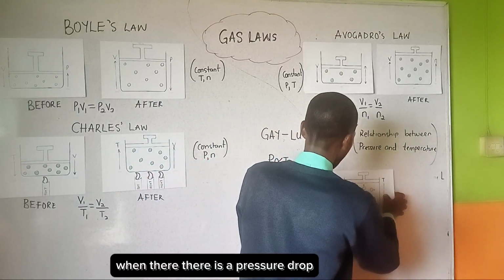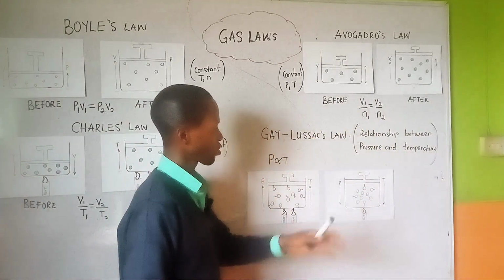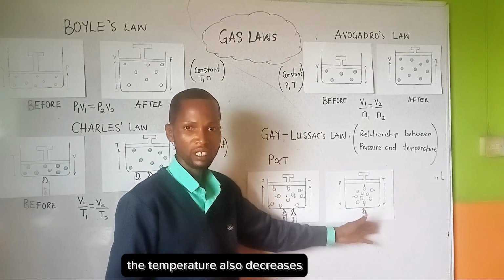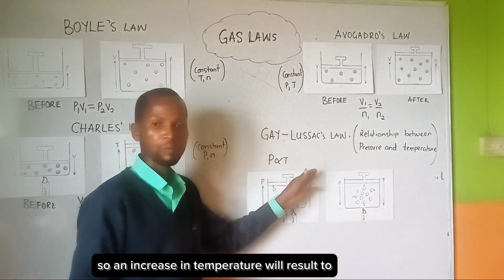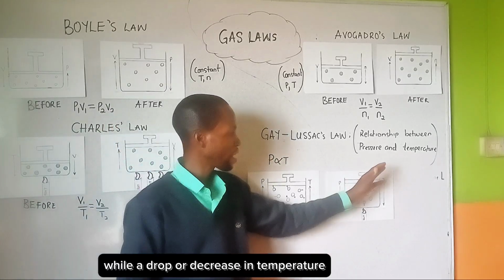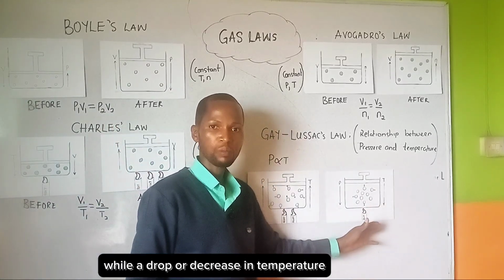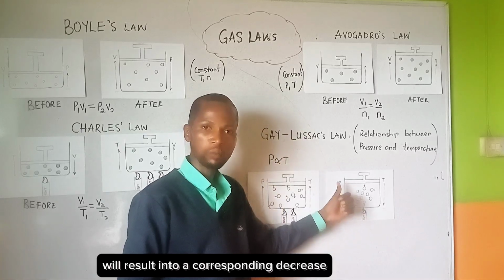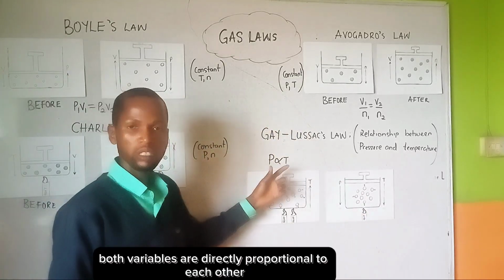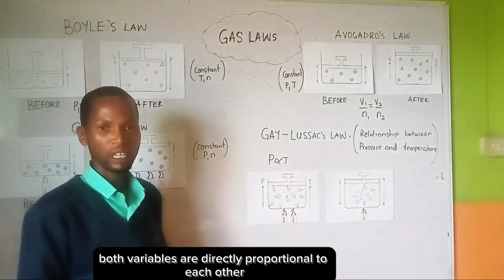When there is a pressure drop, the temperature also decreases. So an increase in temperature will result in a corresponding increase in pressure, while a decrease in temperature will result in a corresponding decrease in pressure, because both variables are directly proportional to each